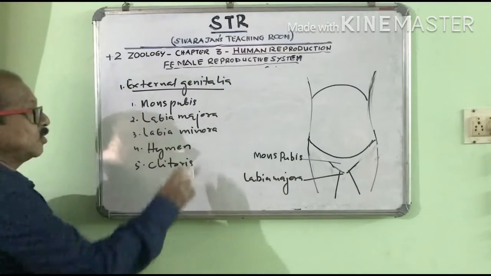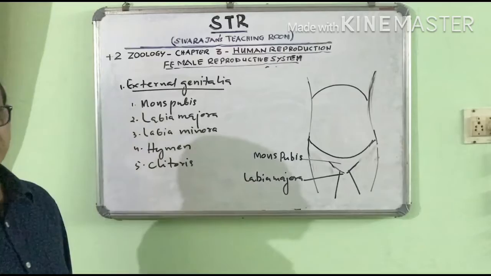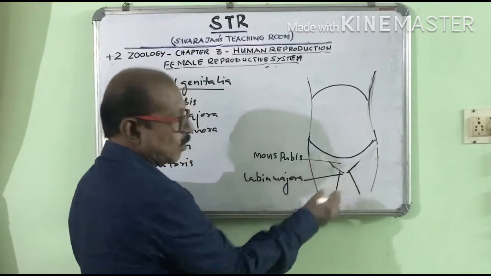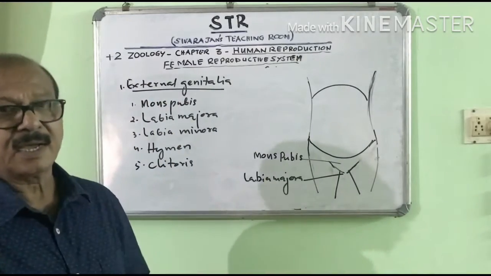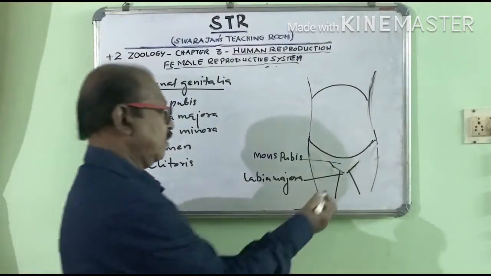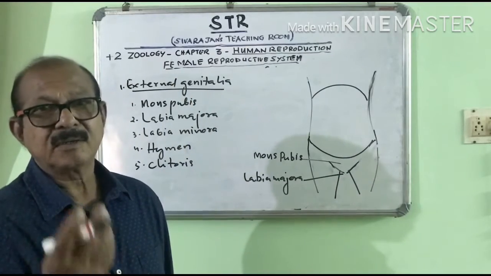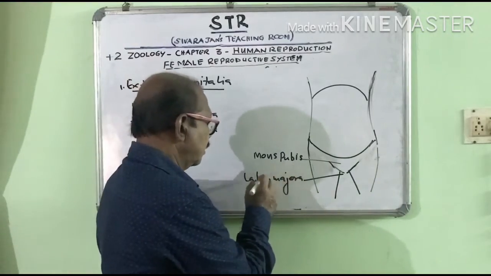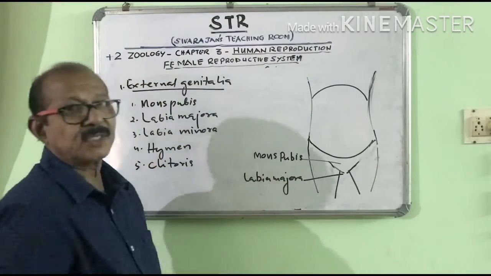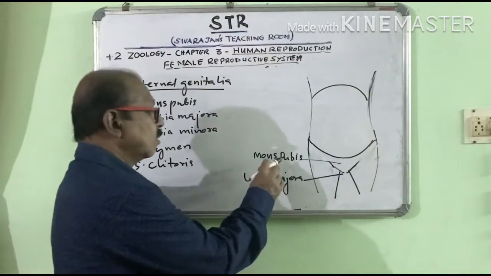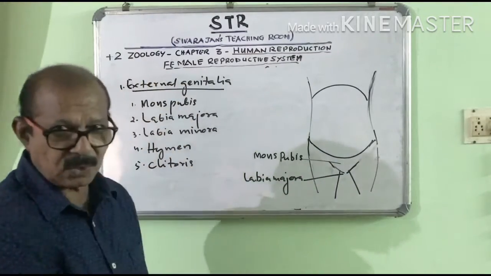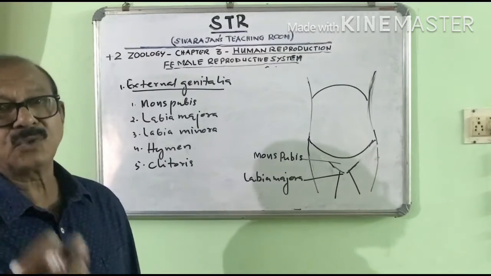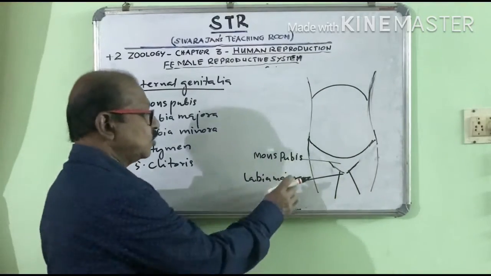Then the labia majora is a lip-like structure. The mons pubis comes down and covers or closes the vagina like 2 lips, structures appearing like lips. So they are called labia majora. Labia means lips, majora means big. So the mons pubis comes down and surrounds the vagina by 2 lip-like structures. They are the labia majora.